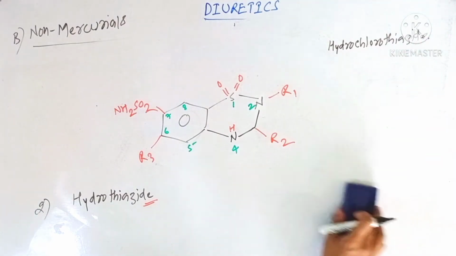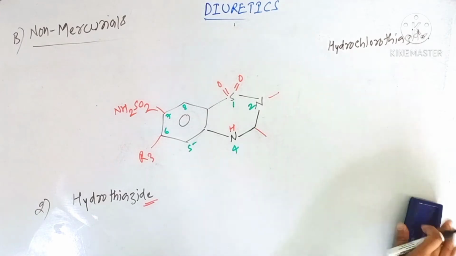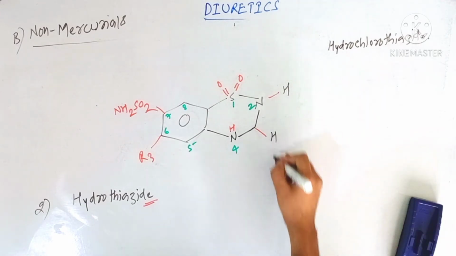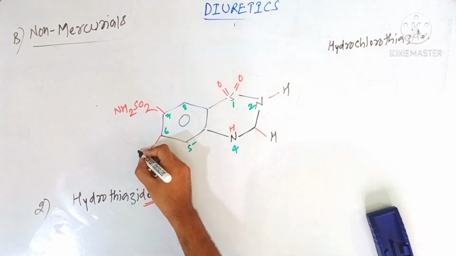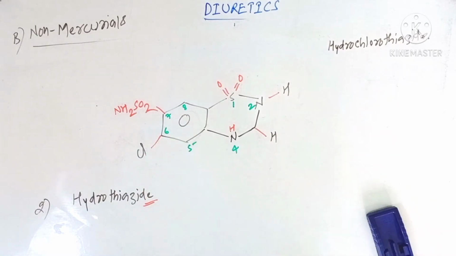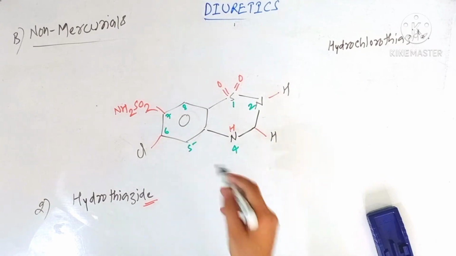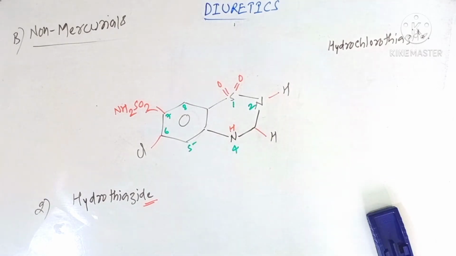So hydrochlorothiazide has hydrogen at the R1 and R2 positions, and here again chlorine is there. So this is the structure of hydrochlorothiazide. Now there is another important drug,